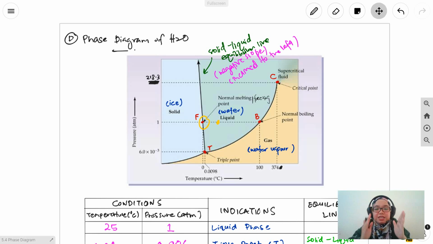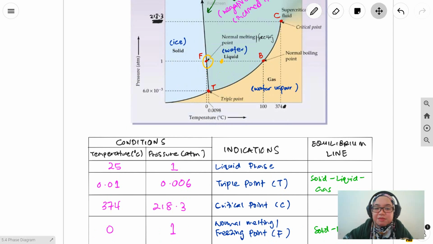Sebab tu solid liquid equilibrium line dia inclined to the left, dia ada negative slope, which is rare. Dia tak typical lah dalam phase diagram. Phase diagram biasanya dia akan ke right, positive slope. Tapi water dia special case, dia ada negative slope, inclined to the left. Okay, Miss harap boleh faham